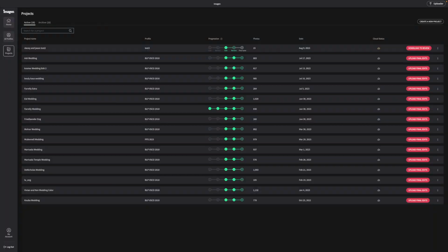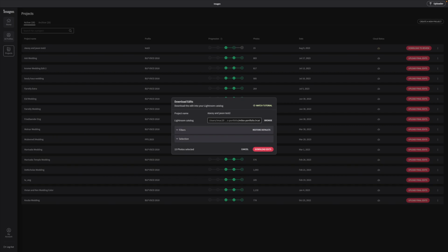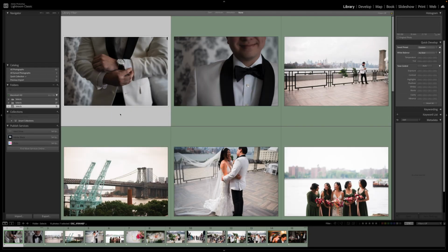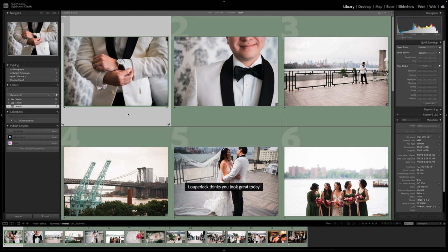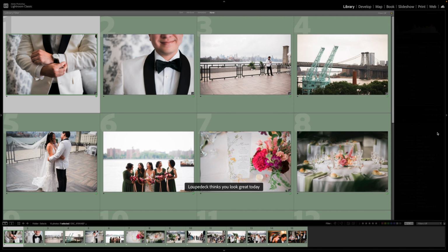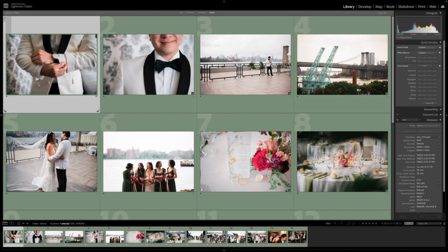All right, it looks like it's ready to rock and roll. So we click on Download to Review and open up the catalog, and we'll see what the program did for us. All right, let's go into Library View. Looks pretty good, okay? For those of you guys who don't know, the Portra 800 is a slightly warmer profile, but because of the little customization things that we did prior to importing all these images, it did cool down a lot of these